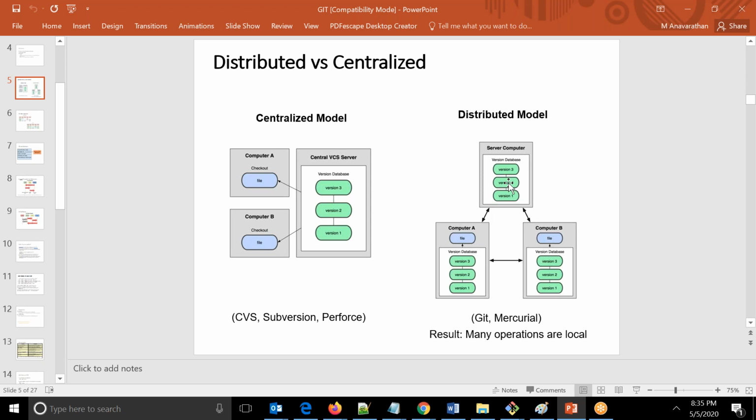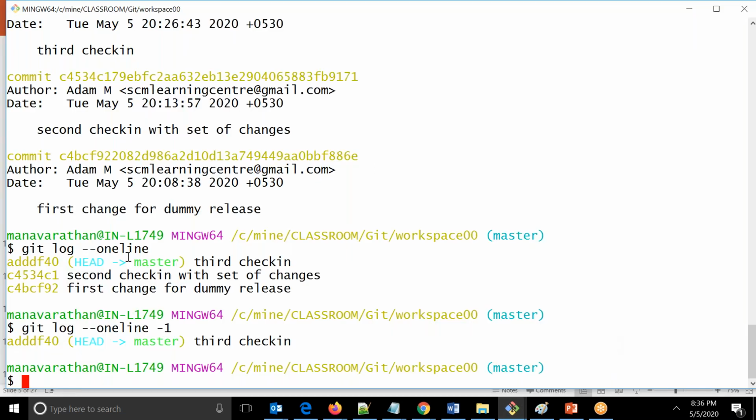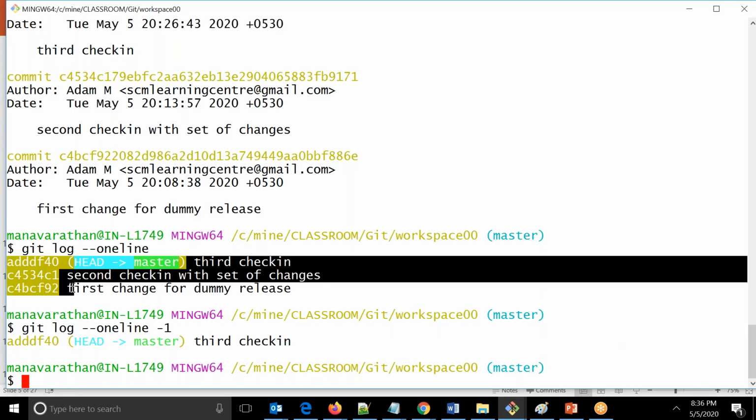So what you are sharing between repositories is not the files, it is only the transaction details, which is nothing but the commit ID. At any point, once you are done with your work and want to share it back to the central repository, you say git push. And what will push do? It takes all the commit IDs which are not available on the central repository and are available only in your repository, and pushes them. Now coming back to our example, in our workspace there are 3 commit IDs